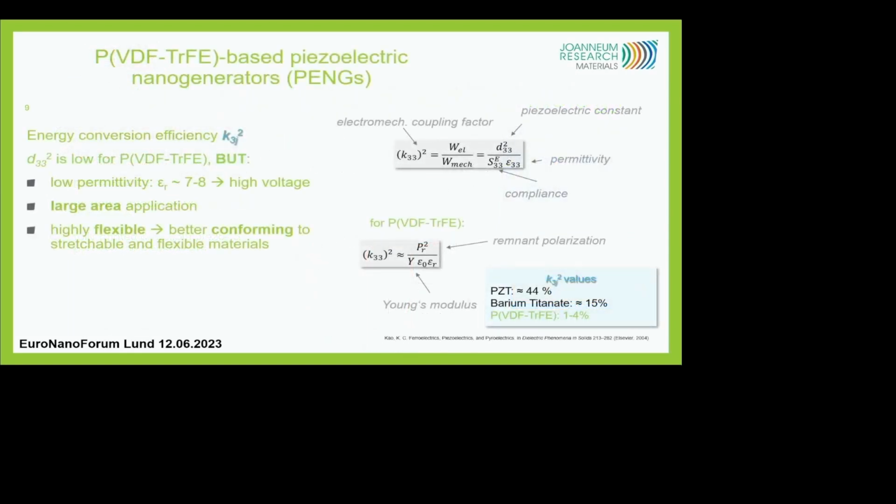What we want to do in SYMPHONY, of course, the PZT is a strong competitor for this material. So D3 is orders of magnitudes higher for PZT. But for energy harvesting, it's important that we have a good electromechanical coupling, so the electric energy related to the mechanical energy. And even if we have like 20 times lower D3 coefficient, which is around 24 picocoulomb per Newton for PVDF-TrFE,